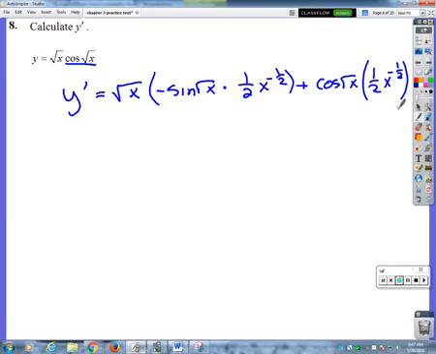Okay, so then I know that we didn't simplify these much, but there's some really easy basic things that you can do here. The square root of x and x to the negative 1/2, those cancel. So then it's negative 1/2 sine of square root of x